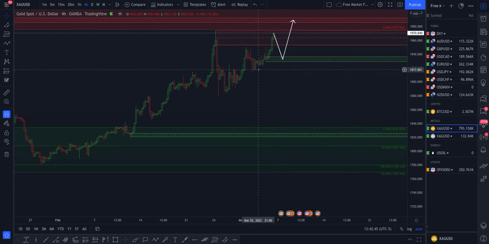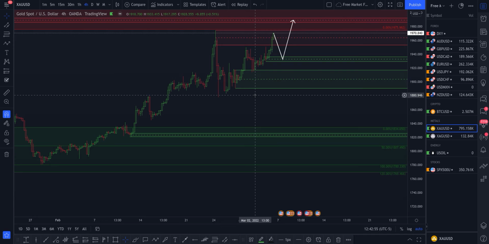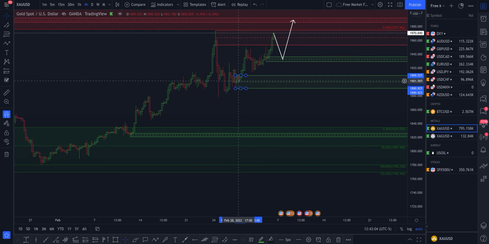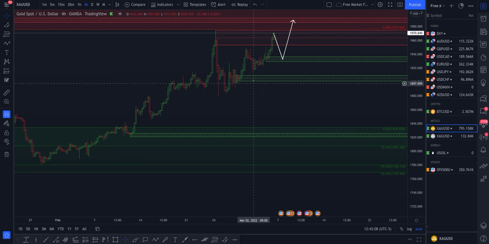I would be interested in this 4 hour demand zone. All right, this larger 4 hour demand zone. It has been mitigated. All right, we see where price left, came back, filled some orders, and kept going. However, if we look right here, we do have this unmitigated 4 hour zone that was nested inside of there, where we can see price come back and maybe fill some more orders before heading back to the upside on